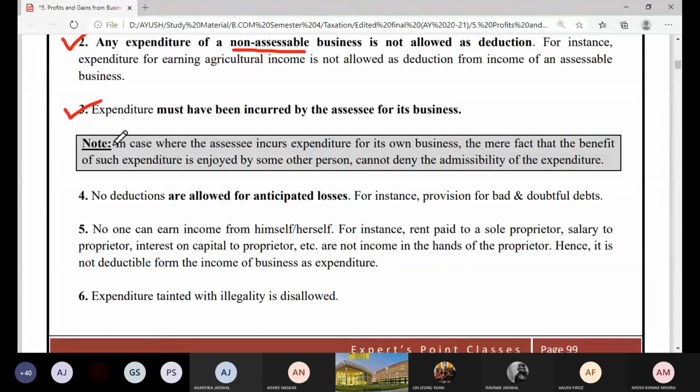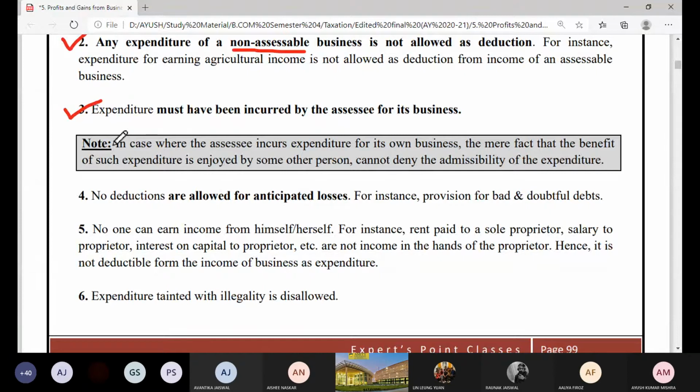Now, what does this mean? Suppose a car was purchased by a business. The car is being used by its general manager for some touring purpose. He went from his office to his home, and the car again picks some of the employees from one place to another. And you do some repair expenses on the car. As we know that repairing is a revenue expenditure, it needs to be incurred from time to time, and the benefit of it doesn't last for more than 1 year.